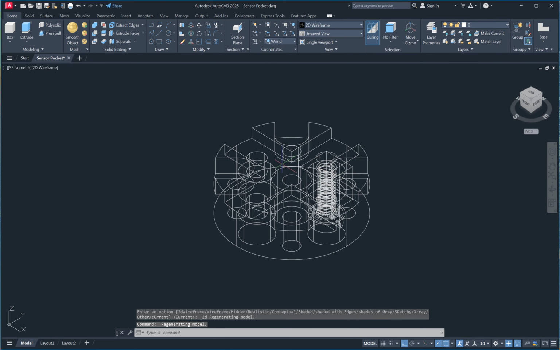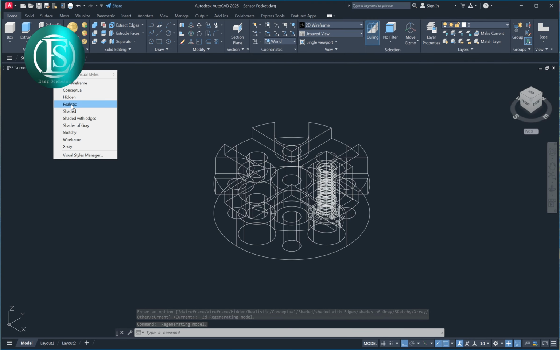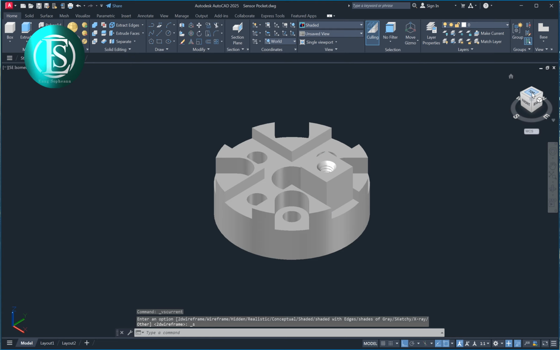Then we need to array these two objects.